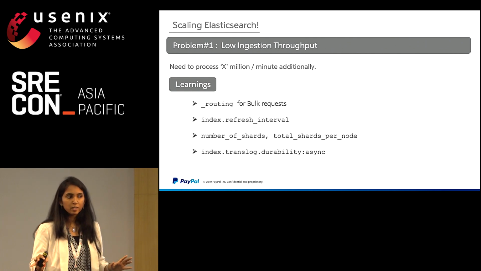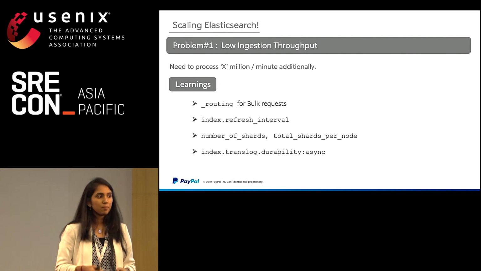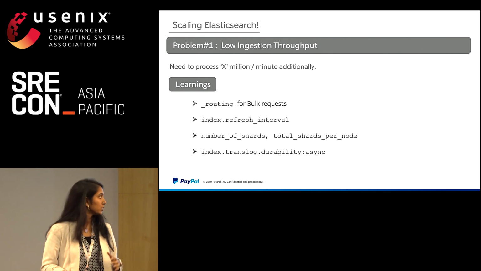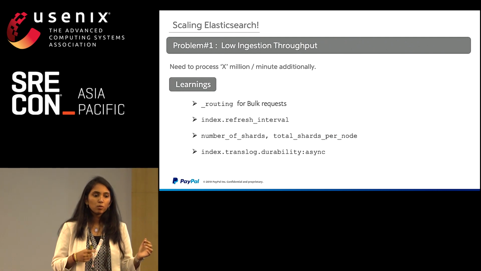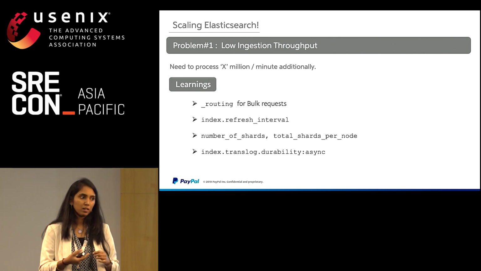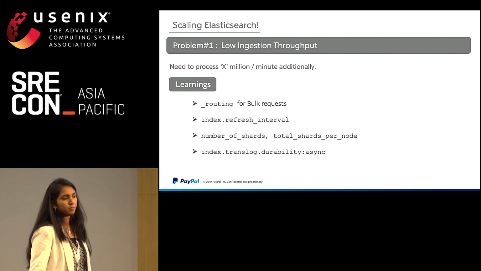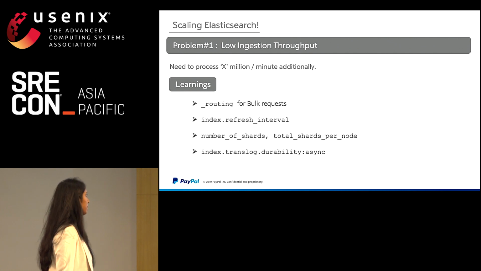All this that we are talking about, if it's a few hundred or few thousand requests, doesn't matter. But at a scale where we talk in millions and billions, like how you were suggesting before, that is when all this comes into play, where you increase your refresh interval. The trade-off of that would be the document would not be immediately searchable. Once you ingest, you won't be able to search it, depending on whatever configuration you give. That is the downside of it, but for SREs, and especially if you look into log monitoring, I think a delay of 1 or 2 minutes is not a very big deal, which could be compromised for the throughput that you get.